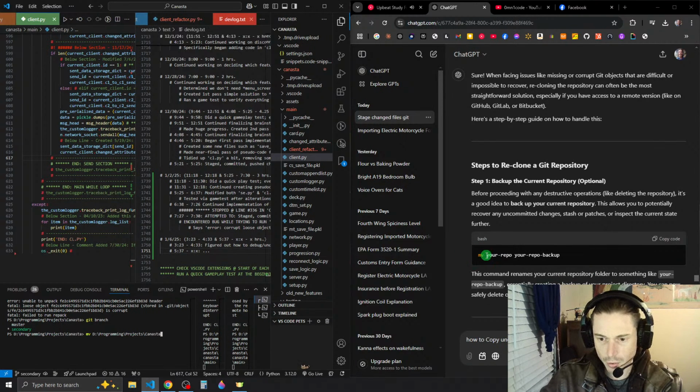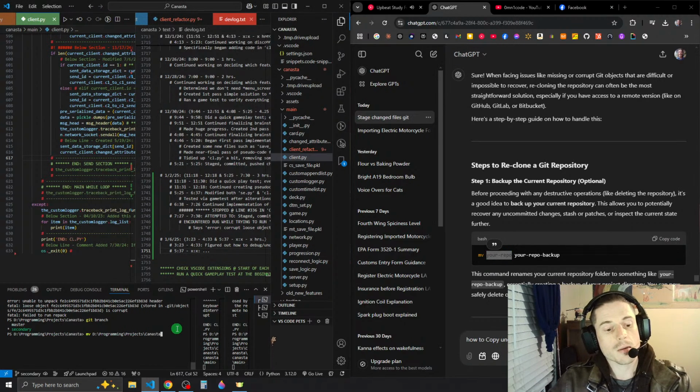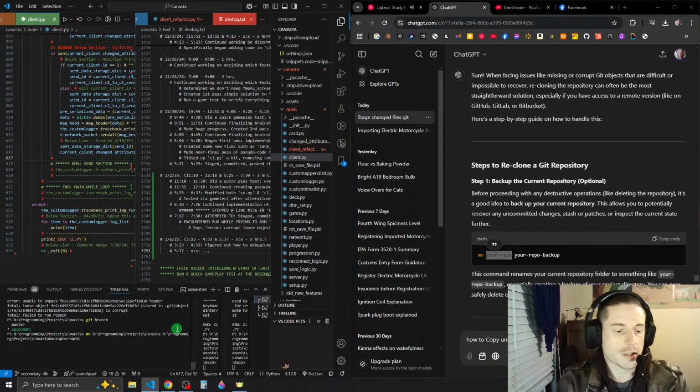Is this correct? Yes? No? Well, I guess we're going to find out. So we're moving this, and the destination is going to be this same directory, except we're going to call it Canasta backup corrupt git.